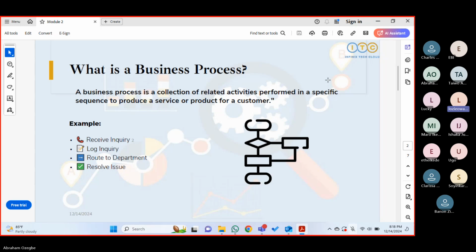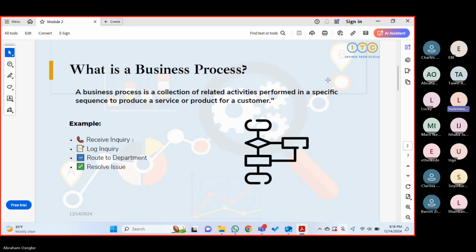Okay, let me say like a business process, if you are coming from the HRO angle, let's say we have an opening in the bank for customer service officers. So it has to go through a process. They have looked at it that this branch needs more customer service officers. And then it goes through the HRO, not just somebody will bring the person. So through the business process, it goes through the HRO. They will look at it and then do a job posting. And after the job posting, we'll also look at whether there are eligible applicants,